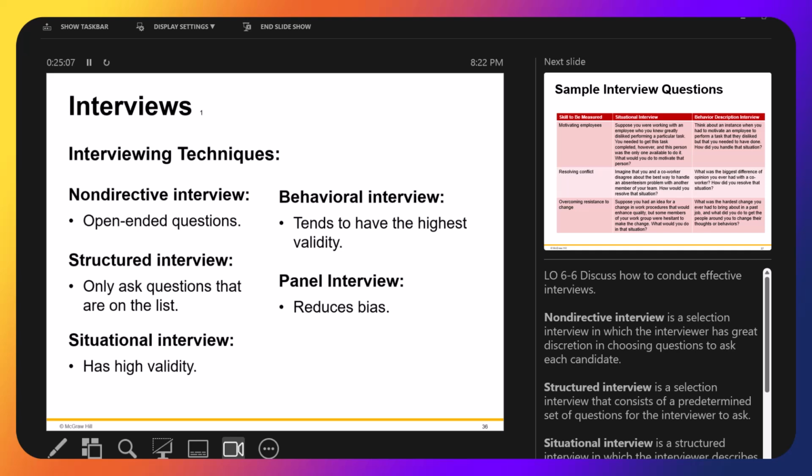Interview techniques. You have the non-directed interview, with open-ended questions. Structured interview: only ask questions that are on the list. Situational interview has high validity. Behavioral interview tends to have the highest validity. Panel interview reduces